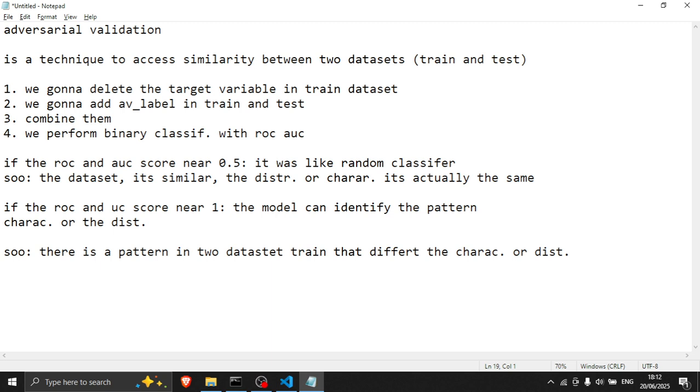So why should we use adversarial validation?